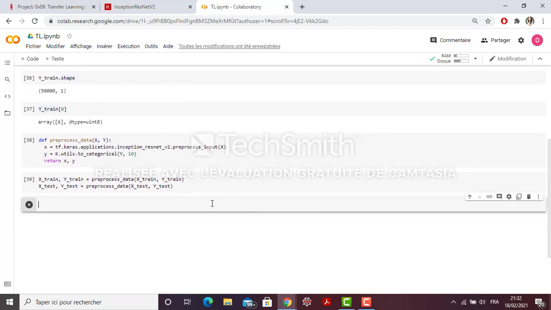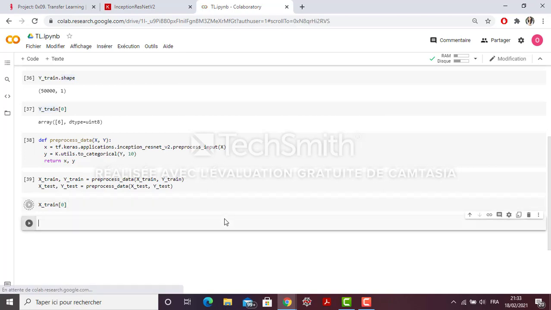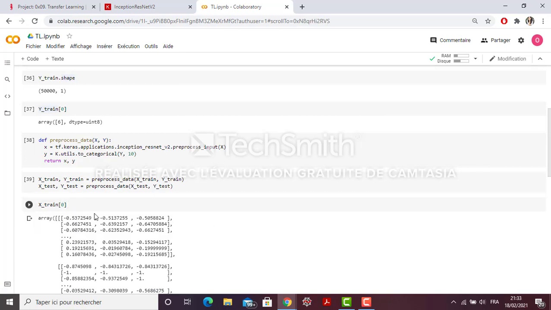Let us see what happened here for xtrain, what changes. For the first image, for example, we have new values that are normalized the same way that the pre-trained model is expecting.